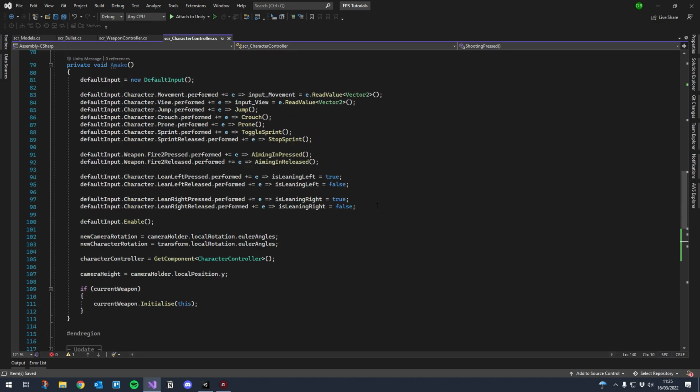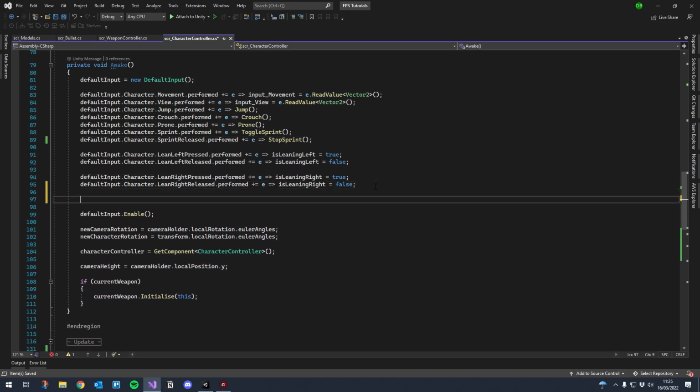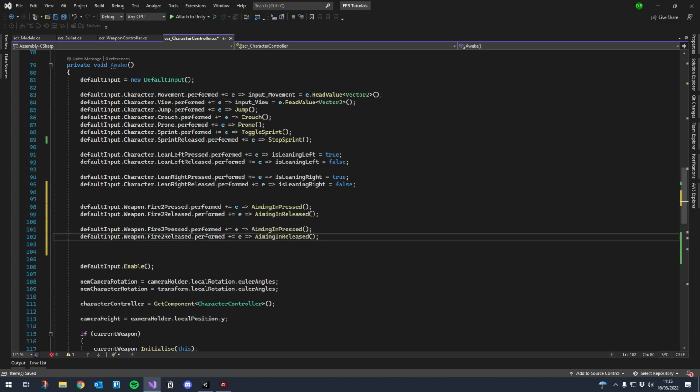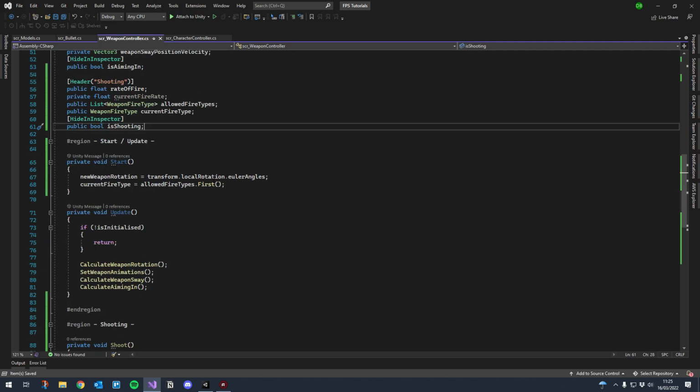Awesome. So we'll copy these. Actually, let's keep all these together. So I'm going to grab our fire 2 inputs, put them down there, add 2 lots of them because I'm also going to do fire 1 pressed and fire 1 released. We'll have shooting pressed and shooting released. Cool. All right, and then on our weapon controller,